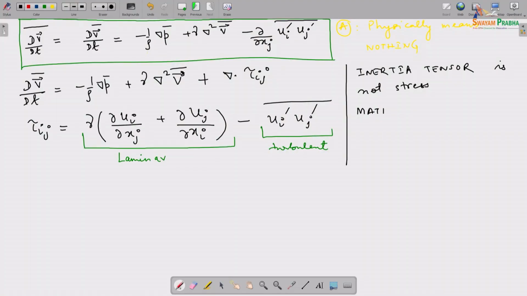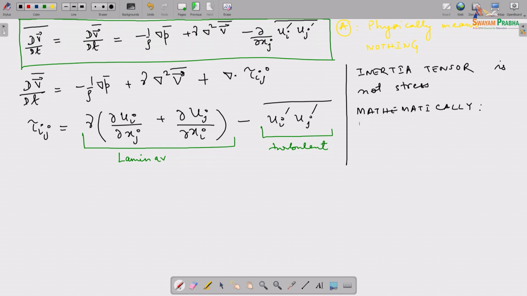Now that we have introduced this tau into the term, physically of course, it is not stress, right, but I have introduced this term tau into the equation. So, mathematically this behaves as if this total term is a sum of